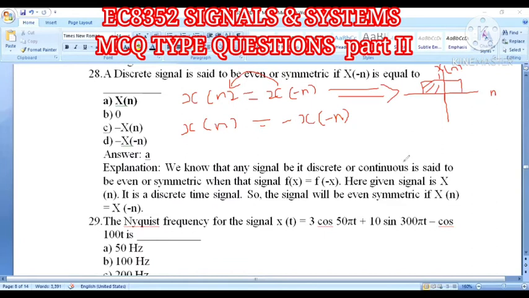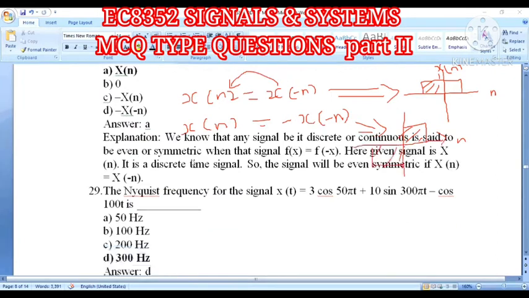I will show the second diagram. Same diagram only. First I draw x of n. Then I draw x of minus n on the left-hand side, but here I put the amplitude as negative, so it comes under the graph. So this is x of minus n here. Am I clear? This first case is the symmetric case. This one is the anti-symmetric, non-symmetric case. Next we move on to the next question.